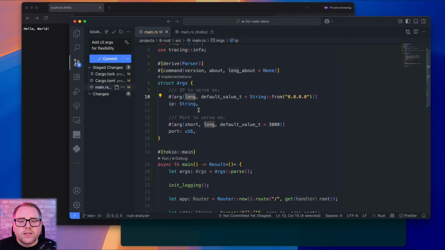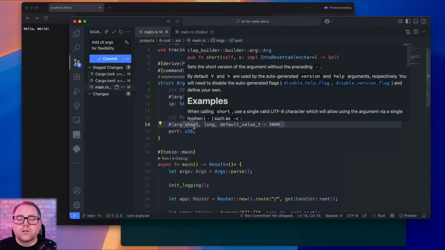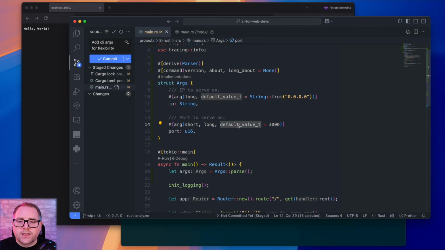We're also using long in this case, which means it's only going to be available with the long version, so --ip. Port, on the other hand, is going to have long and short, meaning you could do -p or you could do --port. And in our case, it's an unsigned int of up to 16 bits, and its value is 3000.